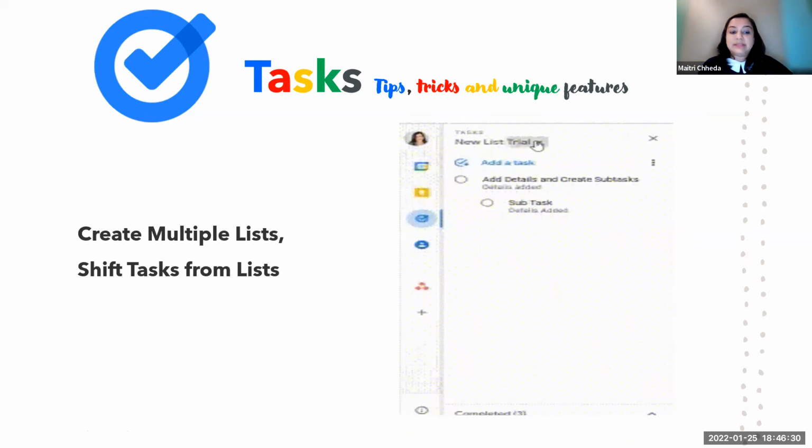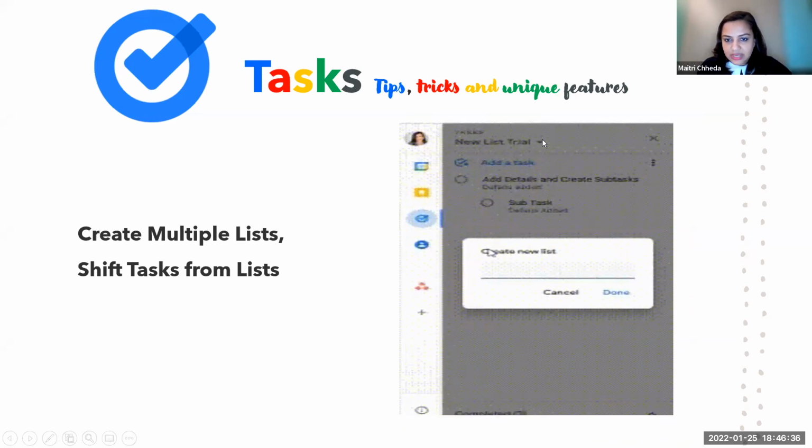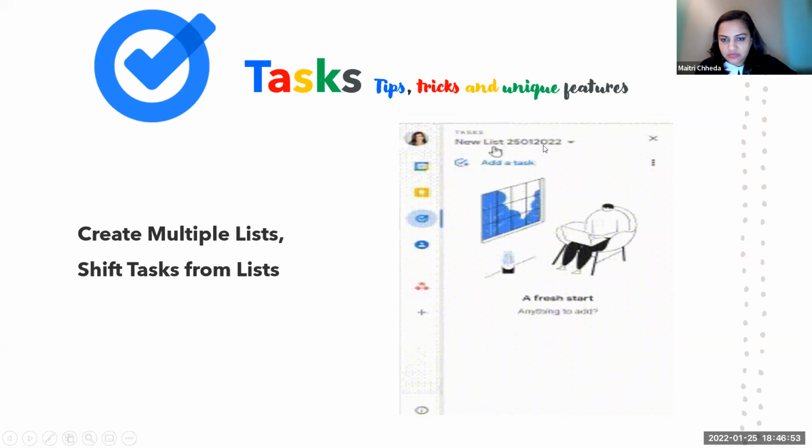Now how do you create multiple lists, and shift tasks from the list? So you click on the top over here, the top triangle, you have lists. You have two options to create a list. Simply click on this triangle, and you have an option of create a new list. You type down 2022 25, and done, and you have a new list over here.